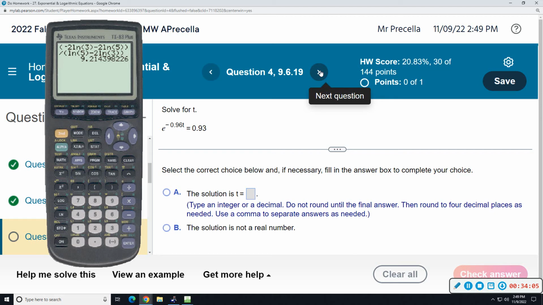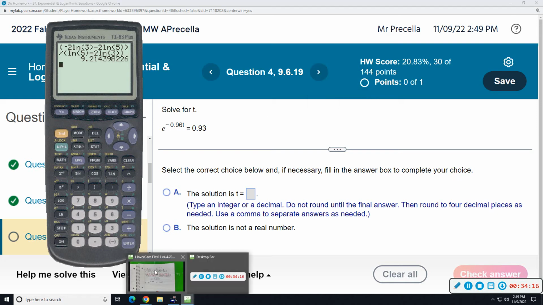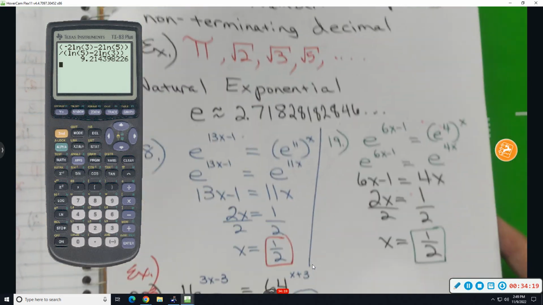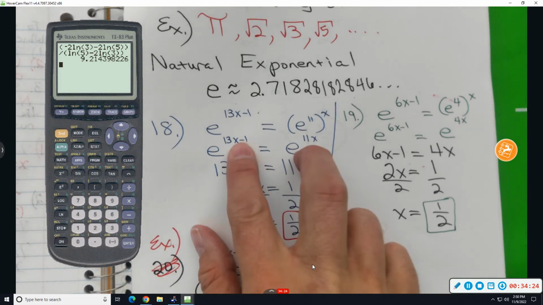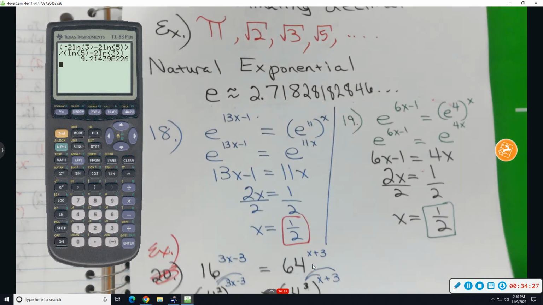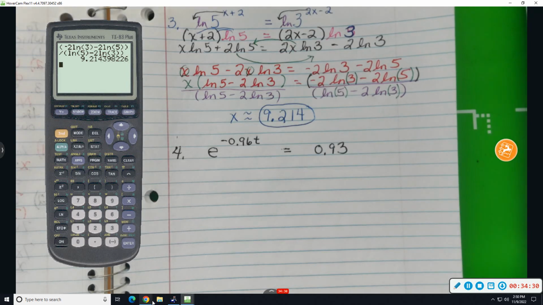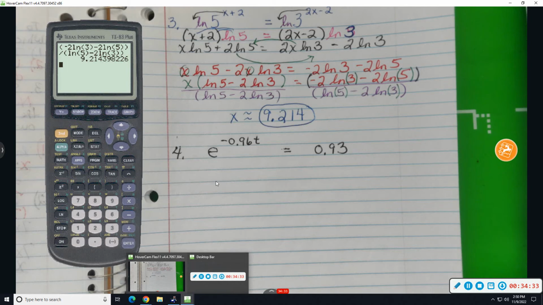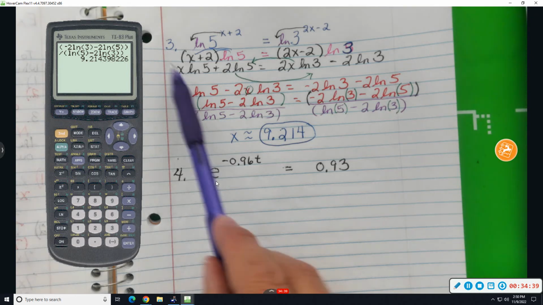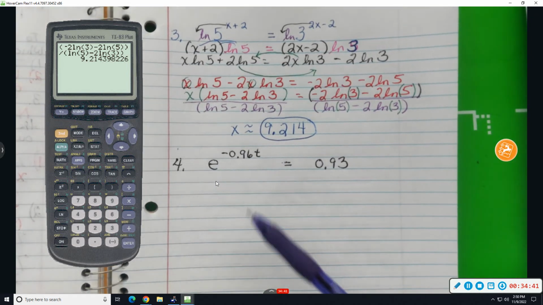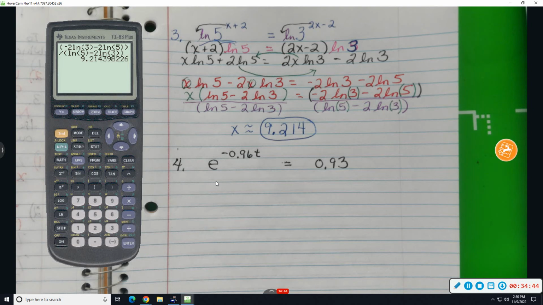Well, we saw how to do these a week ago if there were an e on each side. If there was an e on each side, you would just write e equals e and say, okay, the bases are the same, so the exponents have to be the same. Well, since there's not an e on both sides, we're going to follow that same sequence of steps that we used up here. Number 4 looks terrible, but it's easier than the other ones. When you stick